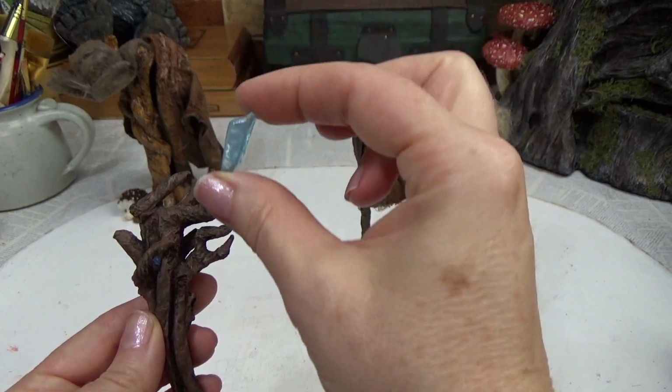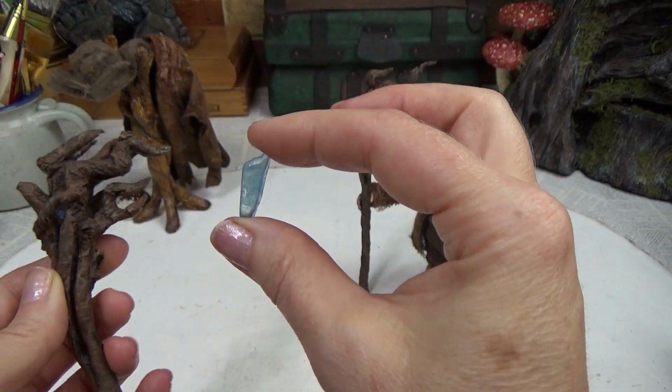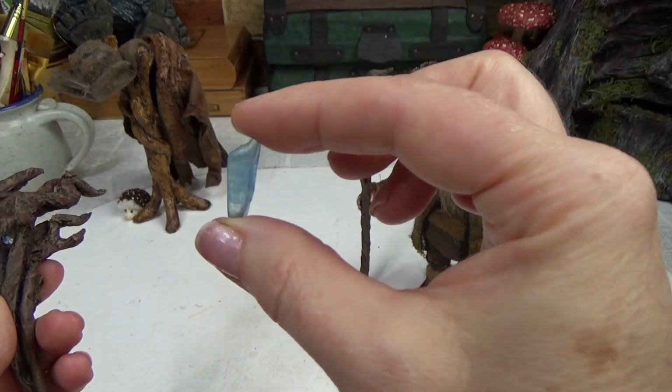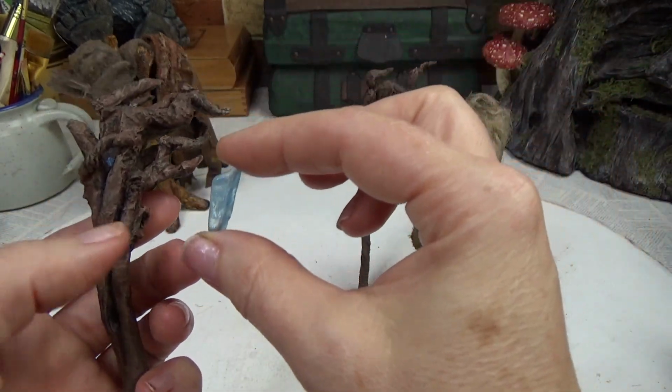Alright my friends, all that's left is the magical crystal to go in there, and if you're interested in seeing how I colored this little piece of glass, and it's a magical piece of glass, I've included the story as well. You can keep watching the video,